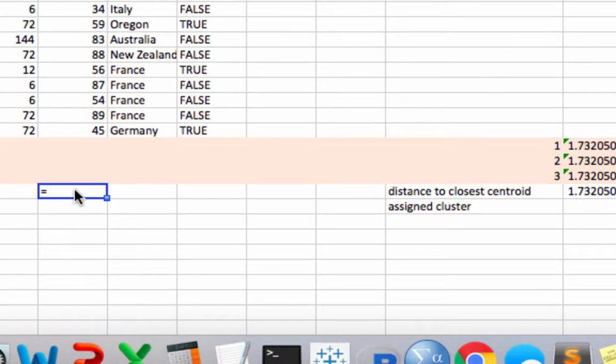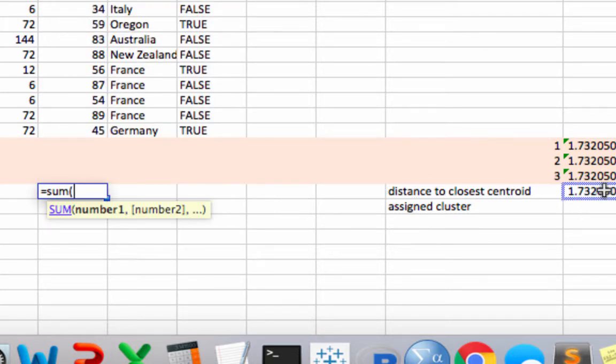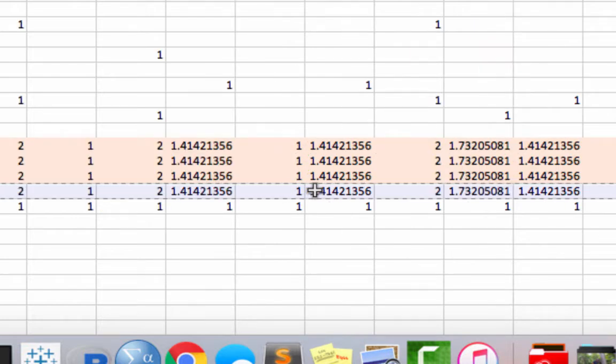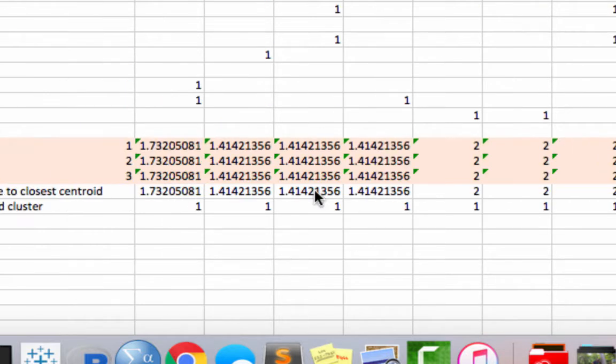So the next thing we want to do is get a number that sort of represents the average or aggregate distance between each customer's purchase vector and the cluster centroids. So we're going to end up summing up a bunch of numbers, and that number that we're going to sum up is the distance to the closest centroid. So I'm going to select K37 here, Command Shift arrow key, so that I go all the way, get all customers, close parentheses, enter. And now we have this number,